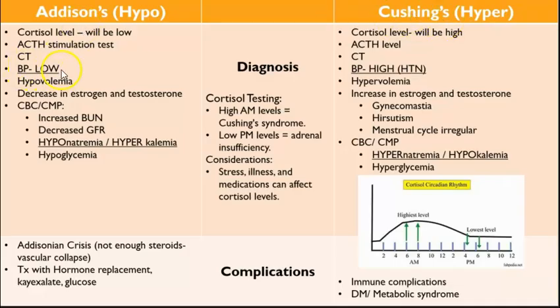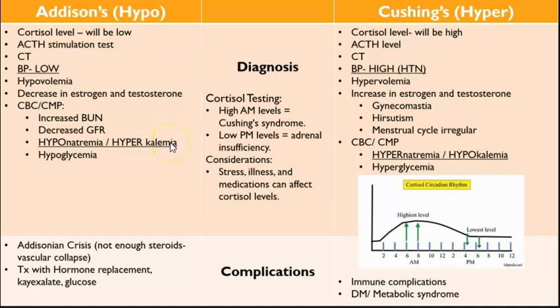With your Addison's disease, remember everything is low. So their blood pressure is low. Their fluid status is low. Their androgens are low. When we do their BMP or CBC, increased kidney function or decreased kidney function, increased nitrogenous waste. Their electrolytes, you do need to know their electrolytes. So with Addison's, they are hyponatremia. Remember, they're hypovolemia, hyponatremia, hypoglycemia. And whatever salt is, potassium does the opposite.